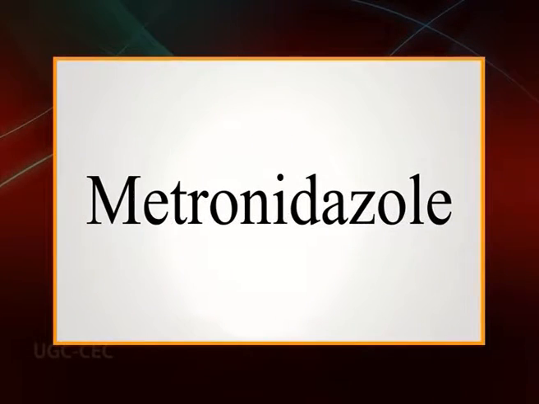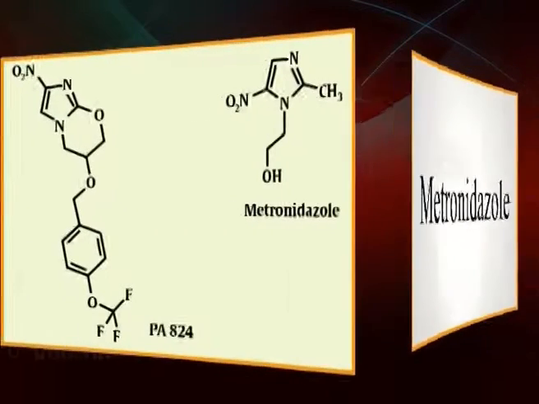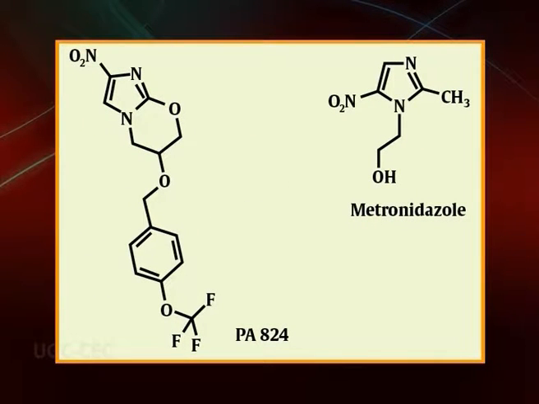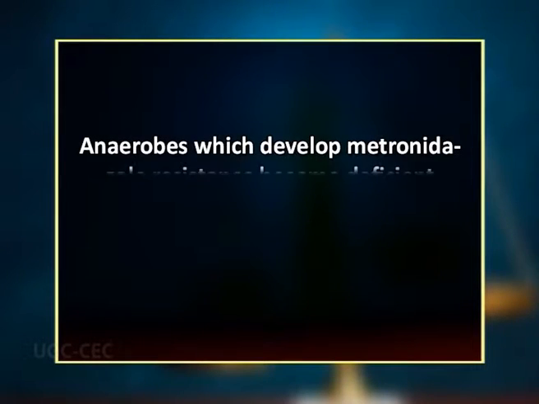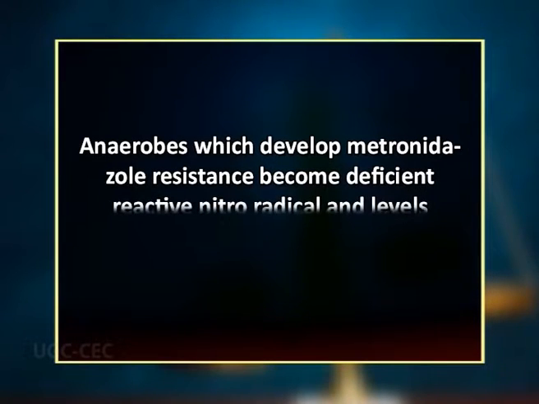Aerobic environment attenuates cytotoxicity of metronidazole by inhibiting its reductive activation. Moreover, oxygen competes with the nitro radical of metronidazole for the free electrons generated during energy metabolism of anaerobes. Anaerobes which develop metronidazole resistance become deficient in the mechanism that generates the reactive nitro radical from it or have lower levels of PFOR. Metronidazole, in addition, has been found to inhibit cell-mediated immunity, to induce mutagenesis and to cause radiosensitization.